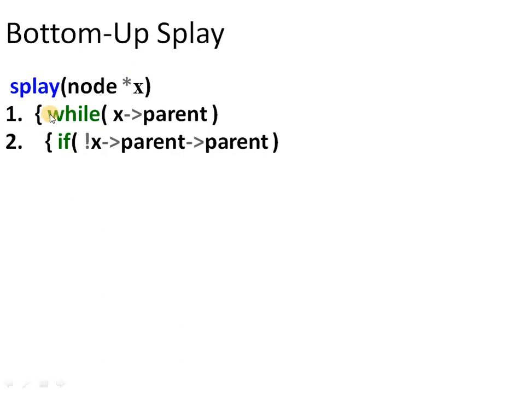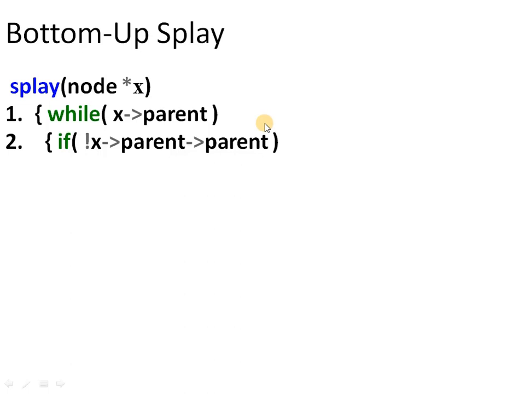So first step, we have to check if the parent of a node at which we wish to splay, that is x, is present or not. Because if the parent of a node is not existing, that means its parent is null, or in other words, the node x at which we are trying to splay is already present as the root of the tree. So there is no need to perform any further checks. So after that, if its parent is existing, we will check if the grandparent is existing or not.